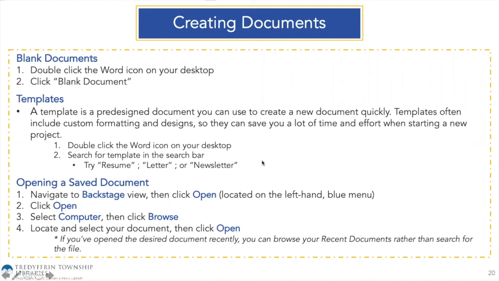Next is opening a saved document. So you have to navigate to the Backstage view, then click Open. It's located on the left hand, that blue menu. Click Open, select Computer, then click Browse, and then a file finder or a file viewer will pop up, and then you can locate and select your document that exists on your computer, and then you click Open, and then